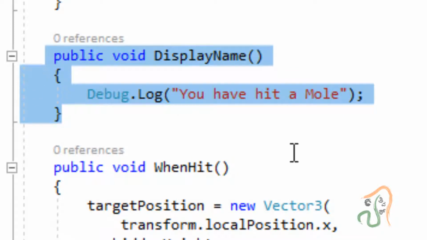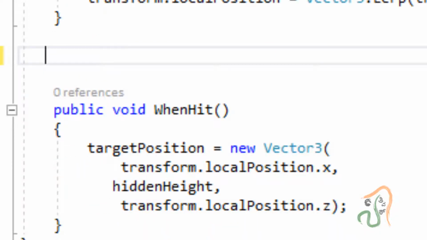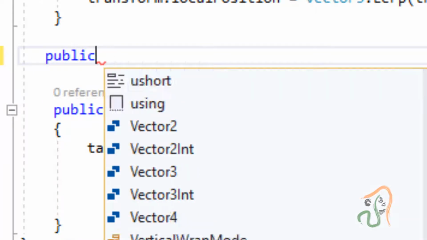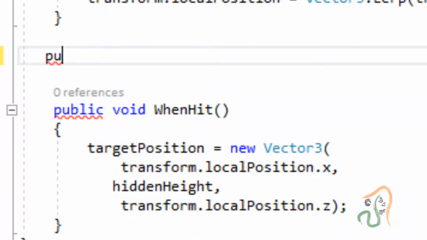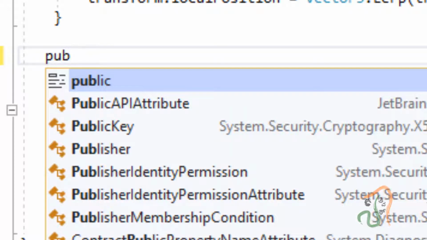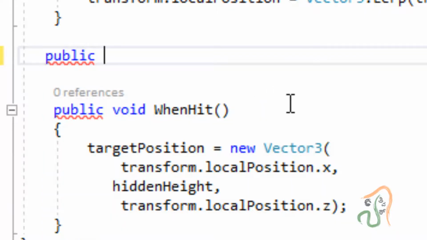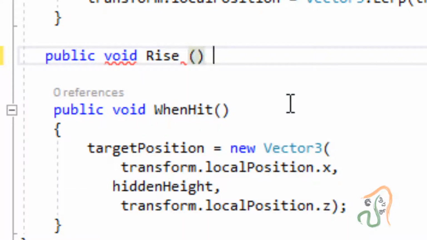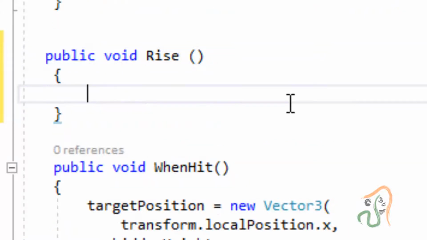So let us select this public void display name and delete it, and in its place, type public void, and let us name this method rise, open close bracket, and then curly brackets.